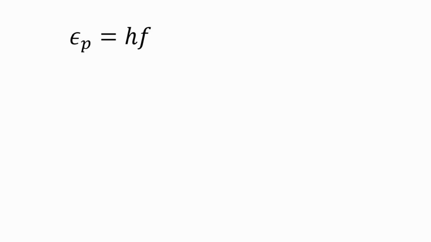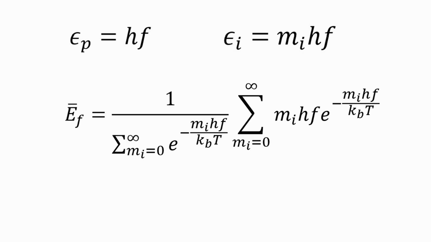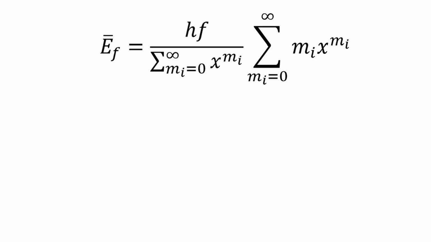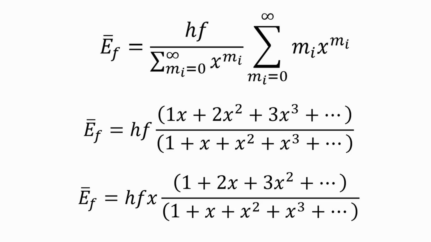For a mode that contains mi photons, the mode energy is, where mi is the number of photons in this mode. The average energy of the photons with this frequency is then, let's call it. Then we have, expanding the summations we obtain,